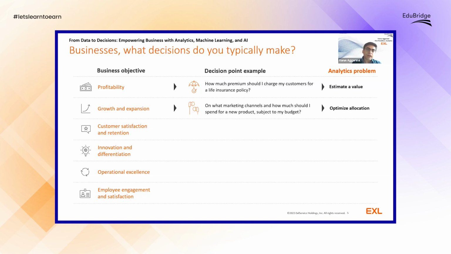If you move to the next part, which is customer satisfaction and retention, let's take an example of the hospitality industry. Let's say you are a restaurant owner, and you need to make a prediction about the likelihood of a customer returning to my restaurant and having food again, right? It could be any industry again, but here it requires estimation, a classification problem, right? You need to predict whether the customer is going to return or not.